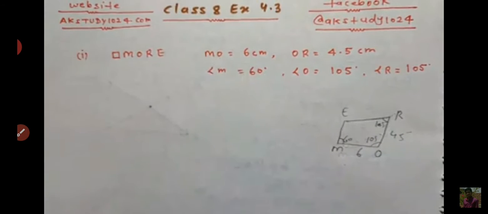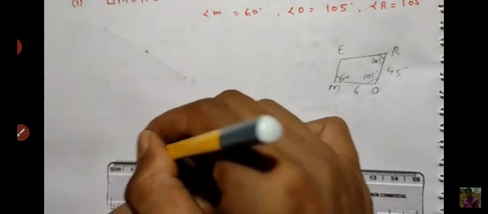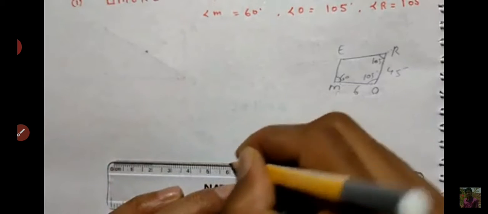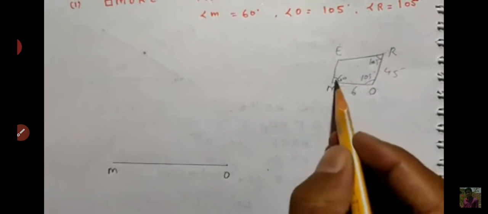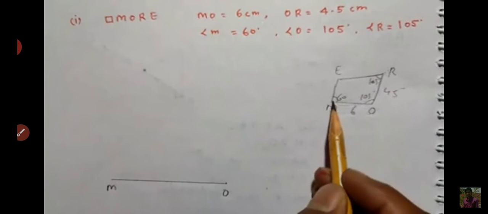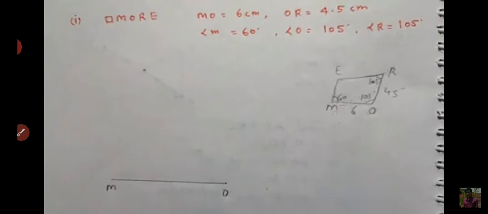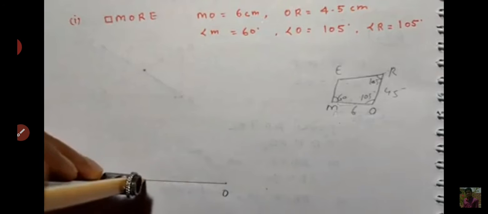So you have to decide the steps of construction. Now draw MO, that is 6 centimeter, because MO is given as 6 centimeter. Now it's given angle M is 60 degree. You know how to draw a 60 degree angle. Let's draw, taking M as a center,